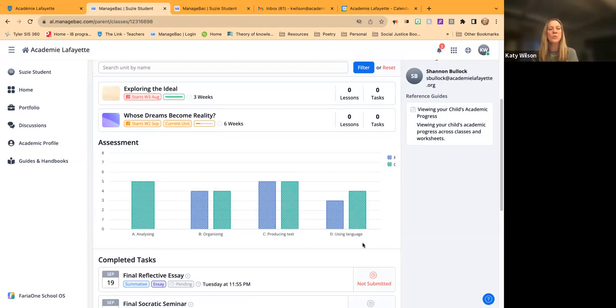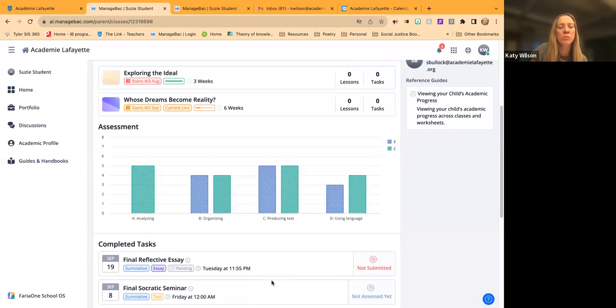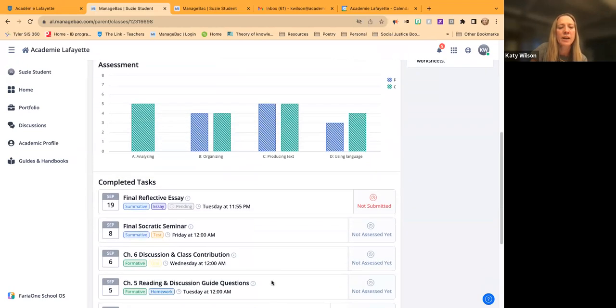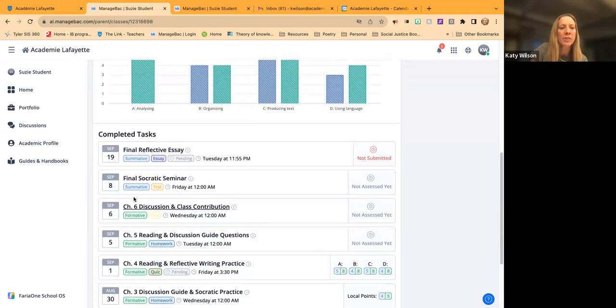And the way that I know that these are formative is that the graph has bars through them. If I were to click through these, this is how I know if this assessment has been formative or not. This one was summative, but it looks like I didn't put a grade in for Susie